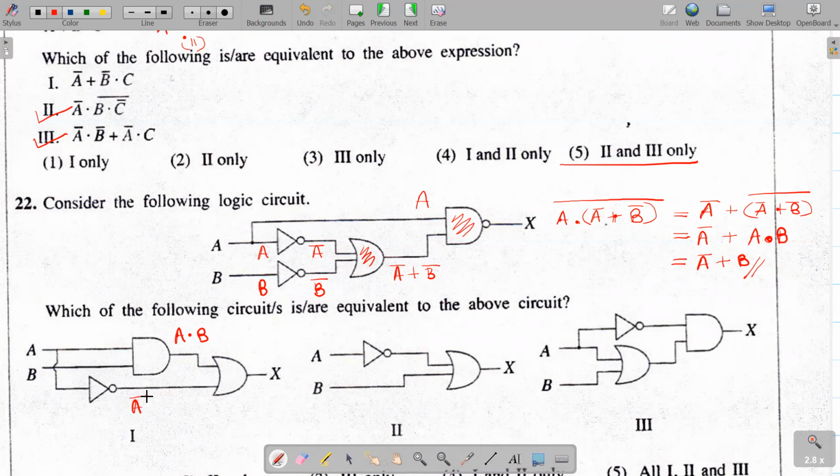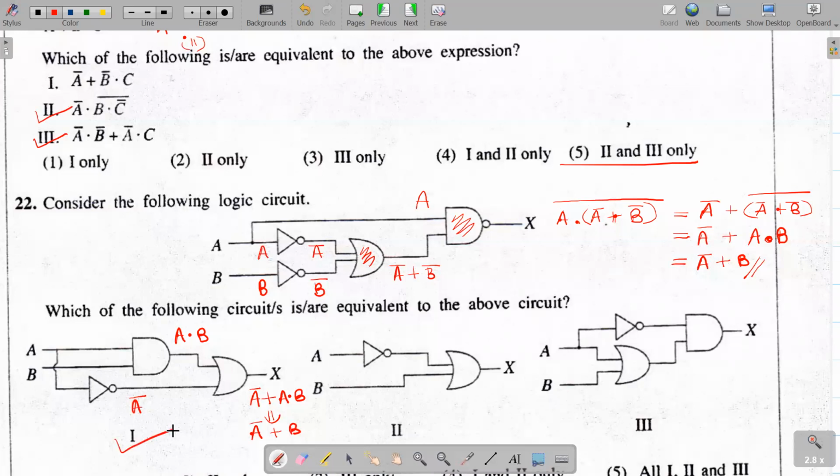Right, so X is going to be A bar plus A dot P. Right, so we can write this as A bar plus B, which is similar. That means